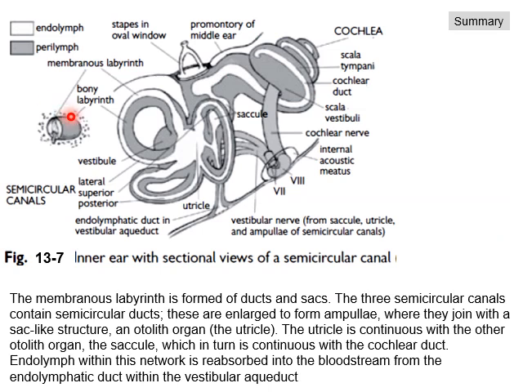In this slide, you can see the inner ear with a sectional view of the semicircular canal and the cochlea. The cochlea, you can see the section of it that I have just finished. This is the section through the cochlea. Now, if you look at the whole structure, you can see the membranous labyrinth forming a series of ducts and